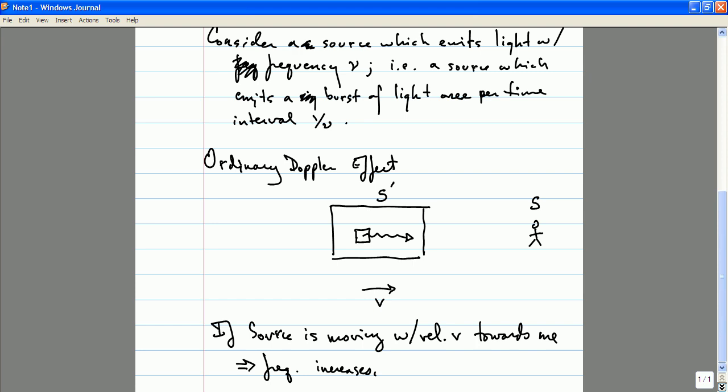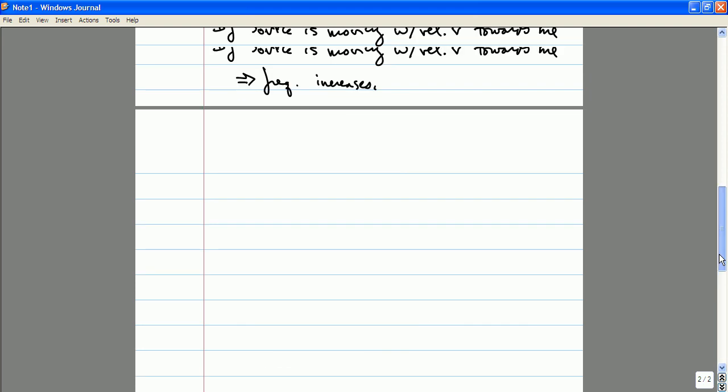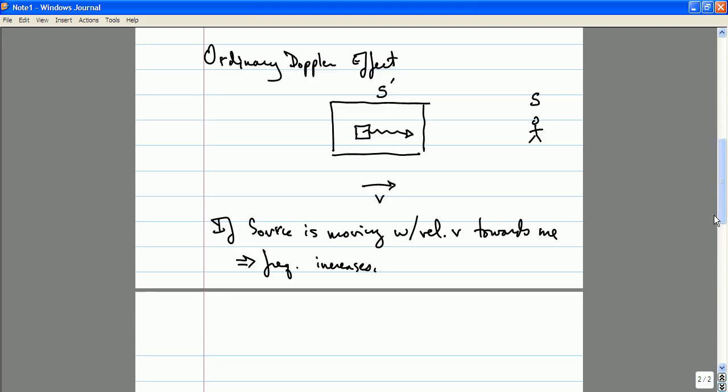And let's go ahead and compute the time interval at which I will receive bursts of light from the source in terms of the frequency of the source nu in the frame at which it is at rest. So the burst interval, the time it takes between the emission of bursts, I'll call that delta t prime